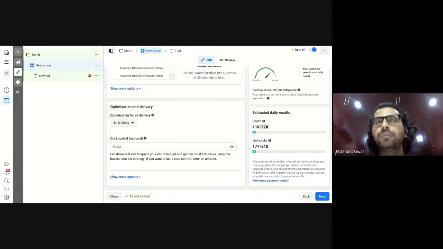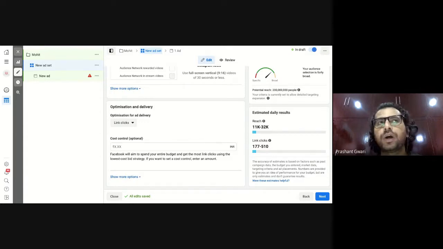One person is bidding 2 rupees, the second person is bidding 3 rupees, the fourth person is bidding 5 rupees, the sixth person is bidding 7 rupees. So those who have the highest bid, that advertisement appears first. The second highest advertisement will appear second, the third highest will appear third. Because you are running an advertisement for the first time, you don't want to lose your money. Now if you divide the 500 rupees budget by 177, what will be the link cost you are getting?